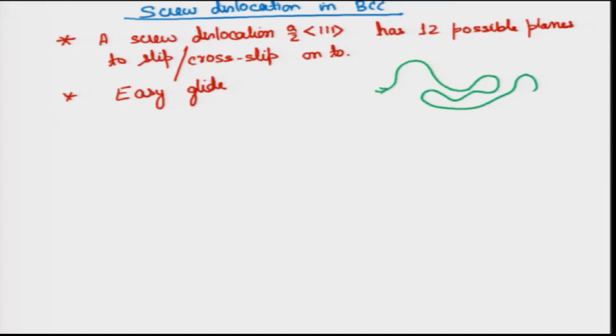But why is that happening? That is happening because there are so many possible planes that, at least macroscopically, it will look like a continuously varying direction of movement of the dislocation. So, this is only because it has 12 different possible planes,